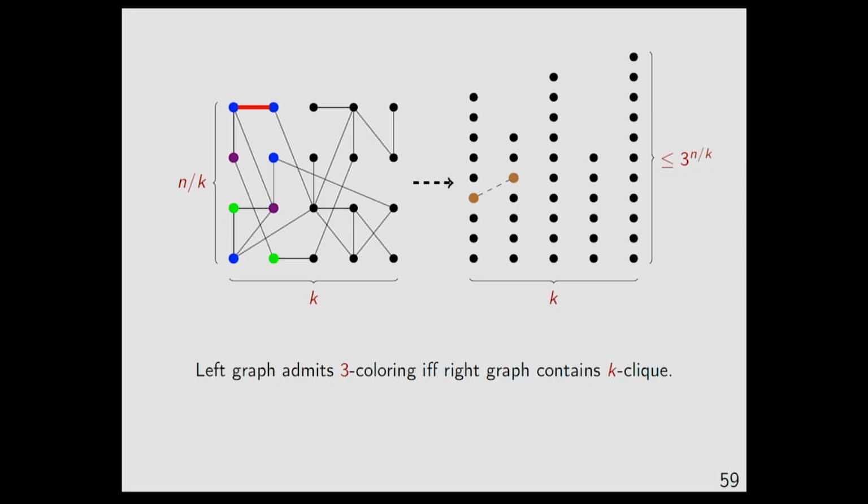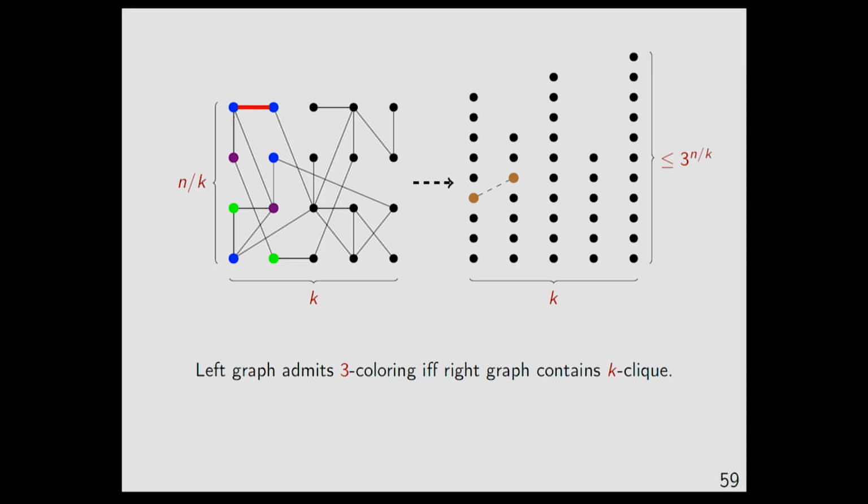In the reverse direction, if you have a k-clique in this graph, because it is k-partite, it will consist of one vertex from each group. If you go back, they naturally correspond to a valid assignment of colors to the vertices. Now it's our job to check whether they form a proper 3-coloring or not. If you look at any edge in your graph, if those two vertices belong to the same class, then by definition they have different colors. If they belong to two different classes, then we put an edge between these vertices because the corresponding partial colorings were valid for those, and that's the end of it. So that's the equivalence.